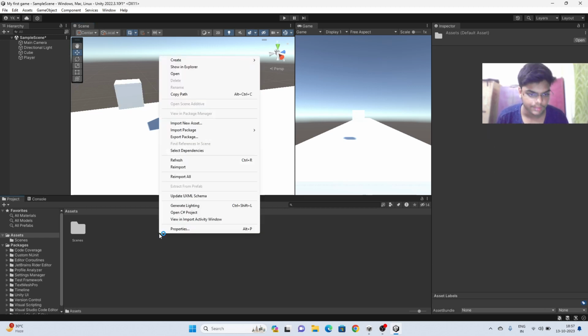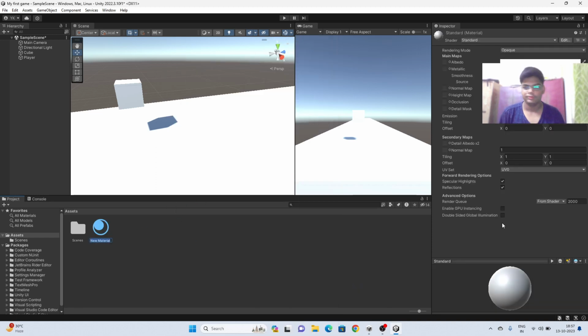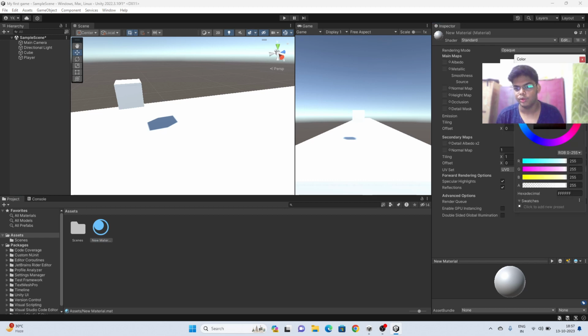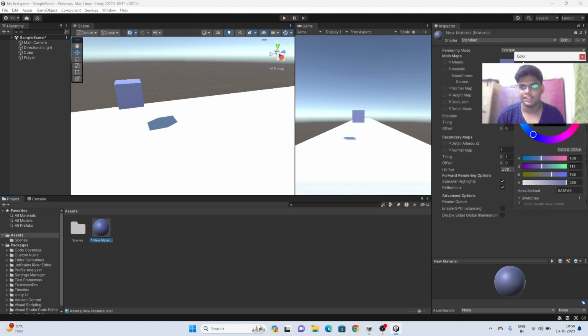Just go here, create a material, and let's change that color to something bluish. I hope this will look good. Let's see. Now if I change anything here, it will change in real time. As you can see,